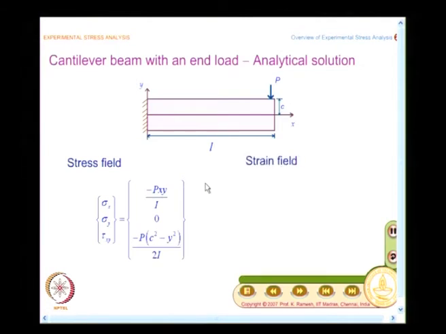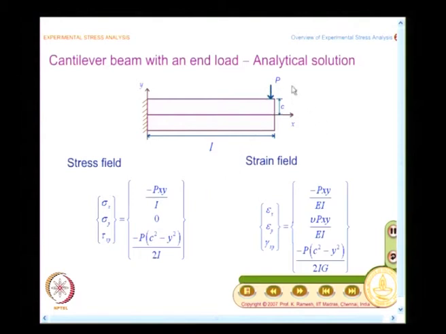Now, let us move on to the cantilever beam, and what is the difference? Because of the load here, you have a bending moment varying across the length of the beam, that is what is seen in the first term here. You do not have a constant bending moment, but the bending moment is a function of x, that is what you find here, and in addition you also have a shear stress. For convenience the stress tensor is simply given as a stress field, where I give only the components sigma x, sigma y and tau xy, which is fairly straightforward. You have a solution for this from strength of materials.